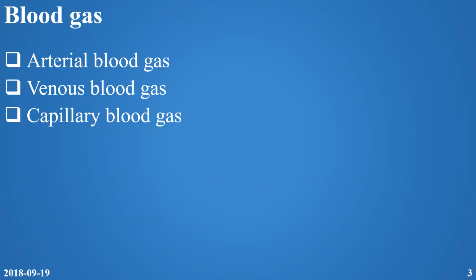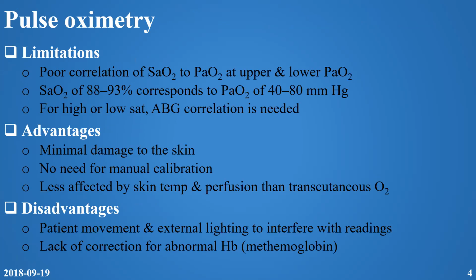Now, blood gas: we have three types. We have arterial, venous, and capillary. The best is the arterial, but we can also use capillary, and the least important is venous. We use pulse oximetry, and pulse oximetry measures oxygen attached to the hemoglobin, oxyhemoglobin. And when it ranges between 88 and 93, the arterial oxygen pressure, PaO2, measures the oxygen dissolved in the blood, while oxygen saturation measures